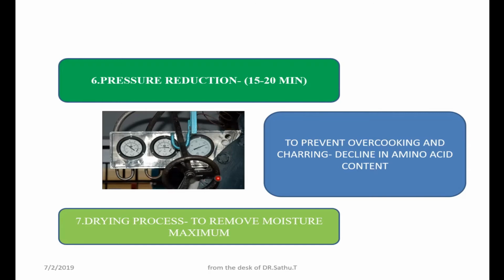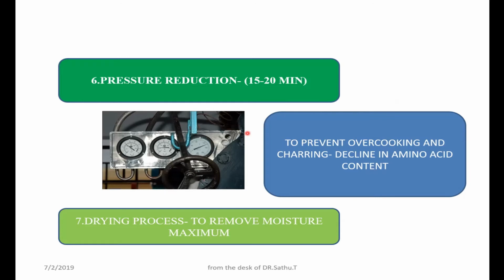I just want to compare it with a home pressure cooker. How do we release the pressure? Slowly. If we immediately take off the weight, you can see all the material inside the cooker coming out, because the pressure inside is more. Here also, in the same way, slowly we have to reduce it. Out of our experience, it takes around 15 to 20 or 25 minutes. Slowly you reduce the pressure.